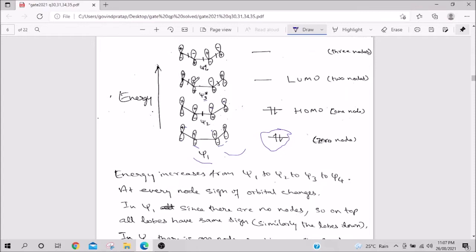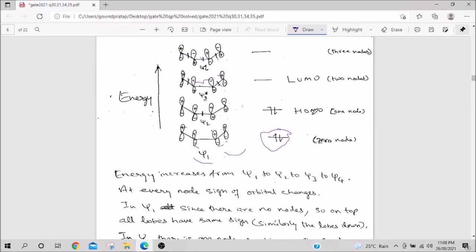When I come to psi 3 it will have 2 nodes. So, first node, second node, symmetrically you have to put the nodes. So, plus, and as soon as the node comes, change the sign. So, minus. So, minus minus will overlap, plus is separate and this plus is separate. Similarly, when you come to psi 4, it has 3 nodes, 1, 2 and 3. So, everywhere you keep changing the sign so that they do not overlap. It is not stable, least stable. Okay. So, plus and minus.